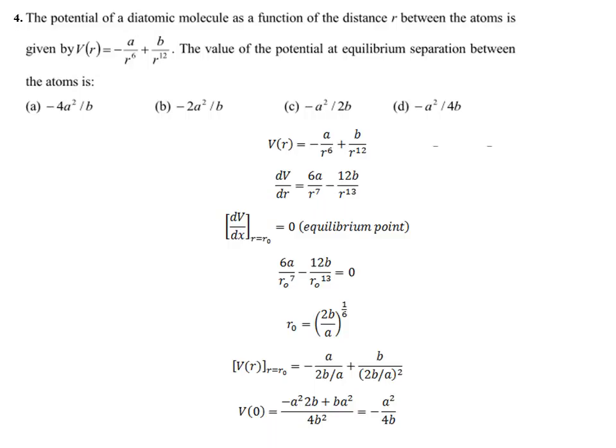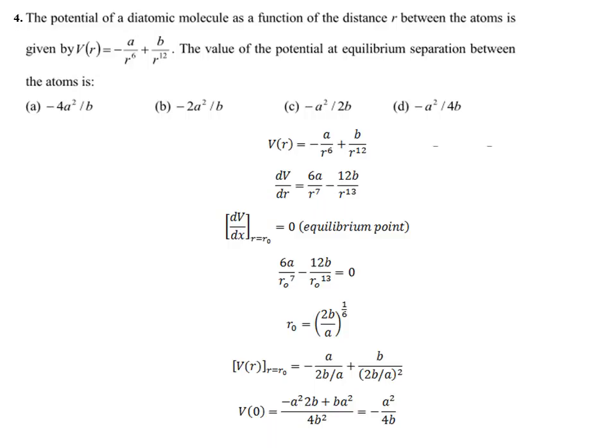Question number 4. The potential of a diatomic molecule as a function of distance r between atoms is given by V(r) = -a/r^6 + b/r^12. The value of potential at equilibrium separation between the atoms is, so similarly, as we have done in problem number 1, we find dV/dr